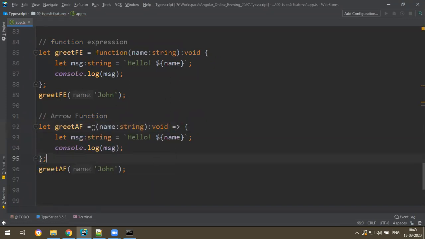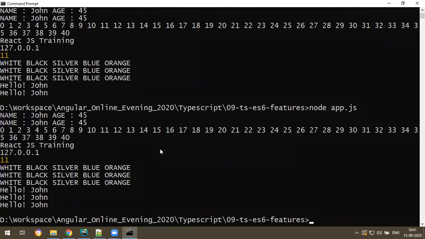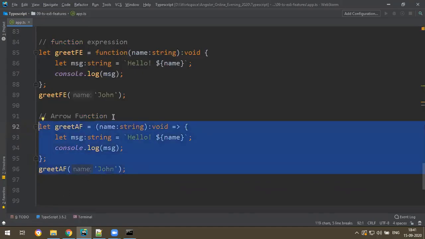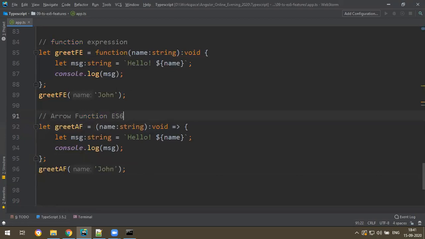That's it. This is called arrow function. I repeat, remove the function keyword in the function expression, and make it an arrow. It will become an arrow function. If you run the program, you get the same answer. This is called arrow function. It's coming from ES6 onwards.